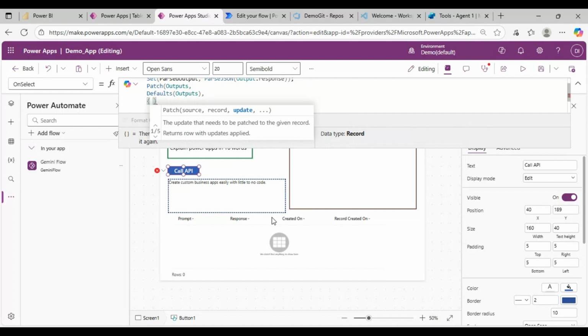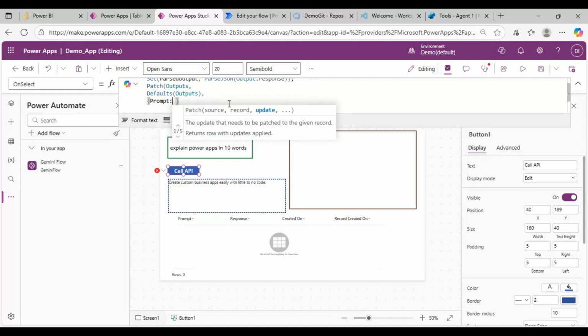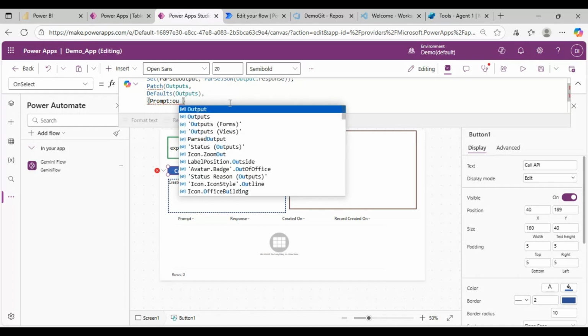So we have two columns here, prompt and response. So the first column is prompt. I'm going to map that to my